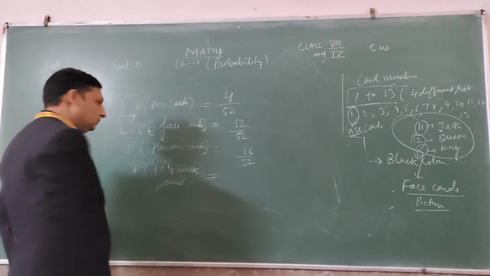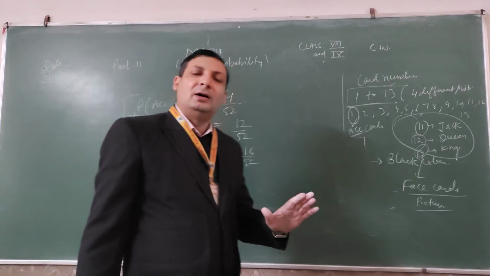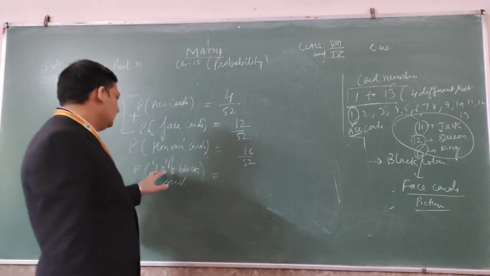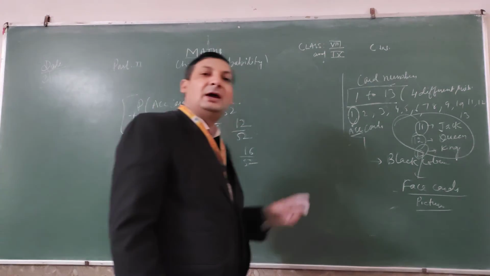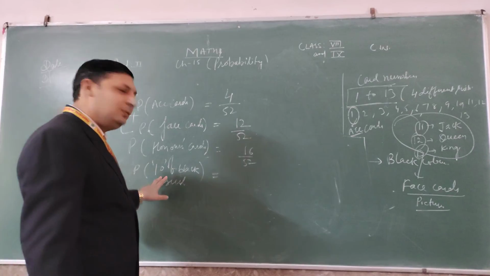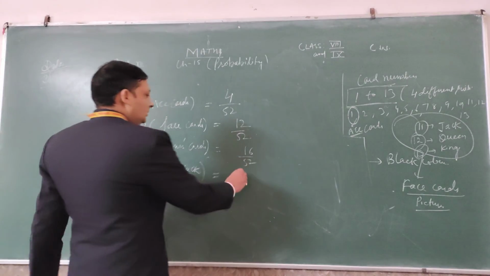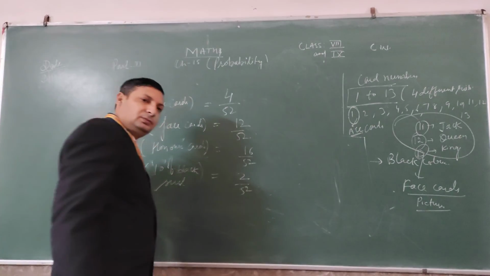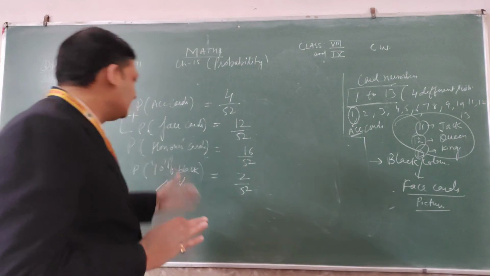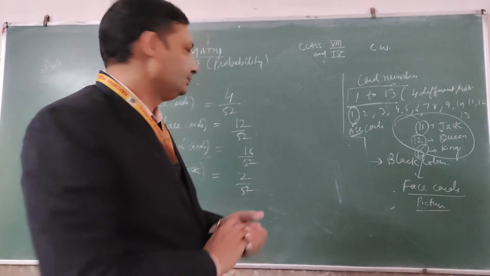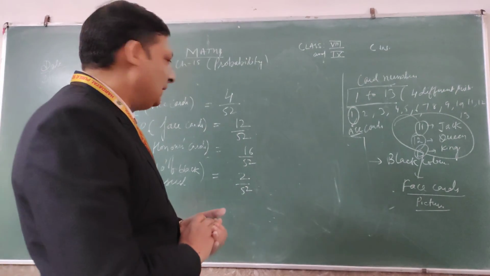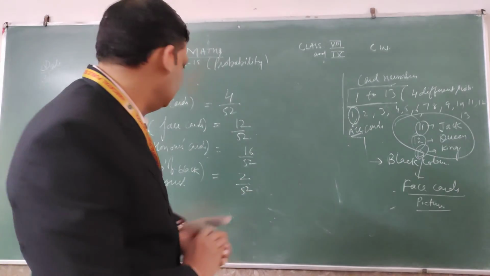So what I told you, there are half cards which are red and half which are black. But when we talk about probability of 10 of black suit, 10 means card number 10, which has 4 cards total. And how many favorable? From the 4 cards, 2 will be red and 2 will be black. So it means 2 by 52, because we are talking here about black color in the 10. We can divide these fractions also, but whenever you have to write in the paper, you have to divide.